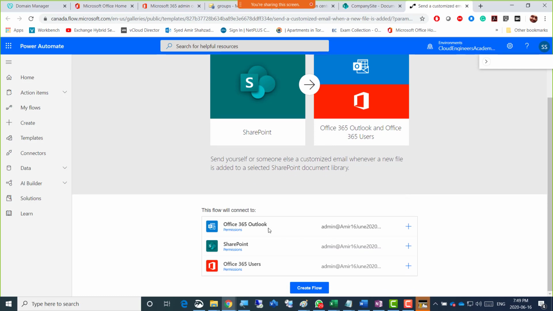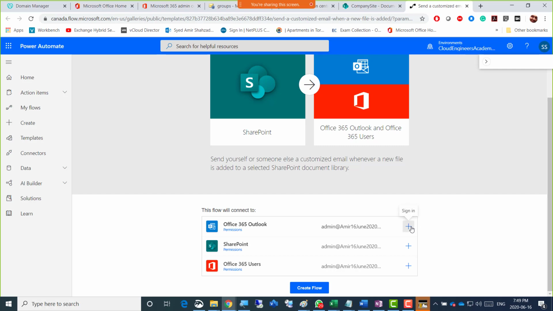So what you can see here is this flow will connect to Office 365 Outlook, and this is the account there, and the SharePoint permissions are there, and then Office 365 users are there. So it's just saying that if you upload a document, then it will be sent by this admin account. So if we go for this plus sign here, for this flow will connect, right?